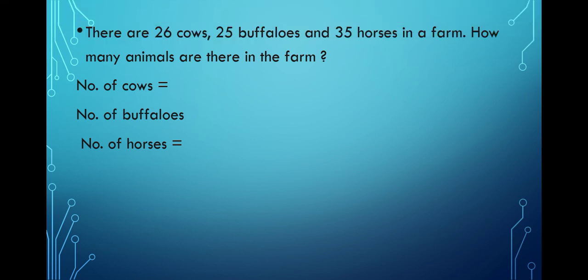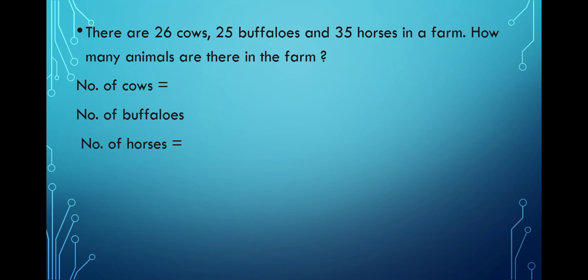So students, this is on page number 34. You will be writing this question in your copy. Whatever I am giving you today, all the 3 questions you are going to write. First, second and third questions from page number 34 I will be doing today, and the fourth one I am going to give you as homework. Whatever I am doing today, you will be writing in your copy, and the fourth one also you will write as homework.